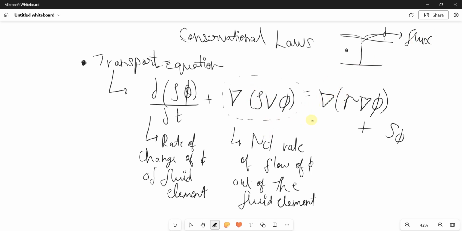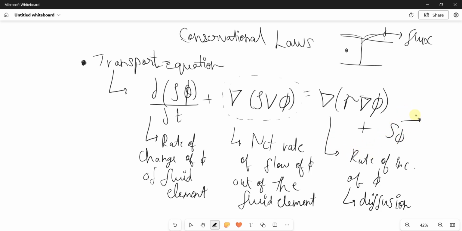Then you have this term. This is the rate of increase of φ due to diffusion. So this term is famously what you call the diffusion term. So diffusion through each element. So this is the diffusion term, and then this is